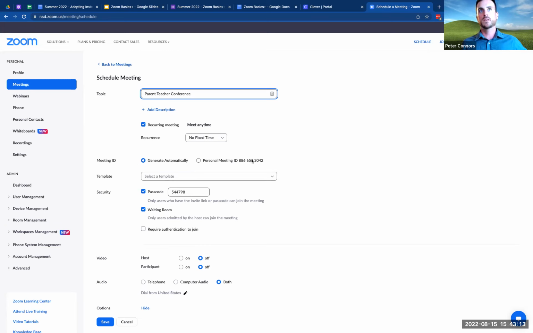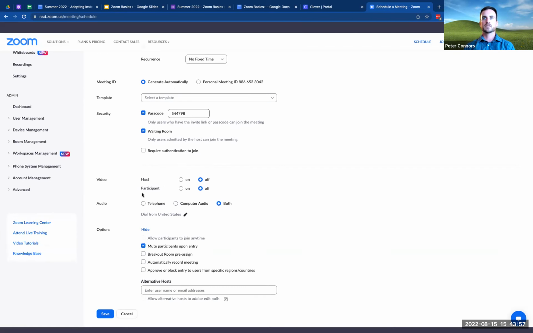it as your personal one, remember, you only have one personal meeting room. And so it's worthwhile, especially for parent-teacher conferences, to generate a new meeting so that it is a separate compartmentalized room where you have settings that are related to meeting with parents, and is separate than maybe your personal meeting room, which is where you would also be doing office hours or meeting with your principal or something like that. Yeah, the no fixed time recurring, I would definitely shuffle those more towards, hey, that's a unique meeting that doesn't go in your personal meeting ID room.